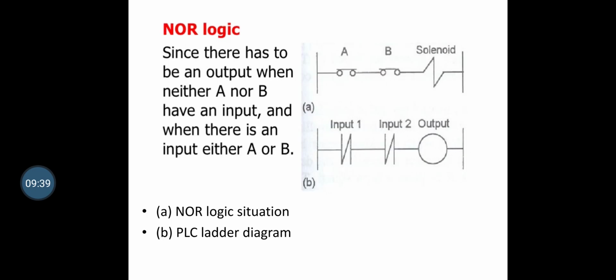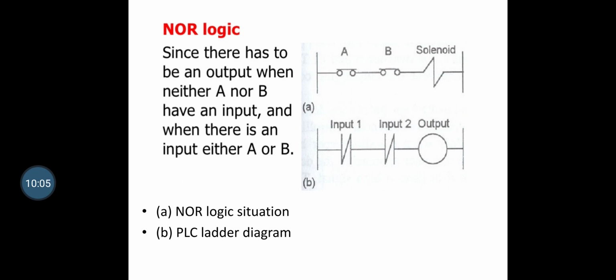Next one is the NOR logic function. There has to be an output when neither A nor B has an input, and no output when there is an input at either A or B. So one diagram shows the NOR logic situation, and diagram B shows the PLC ladder diagram, that is in